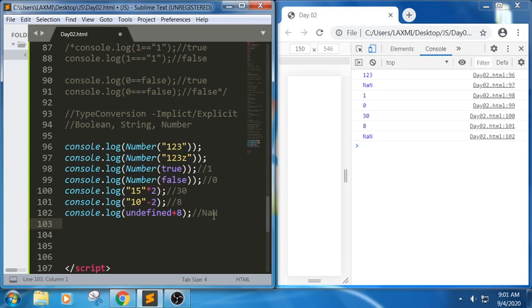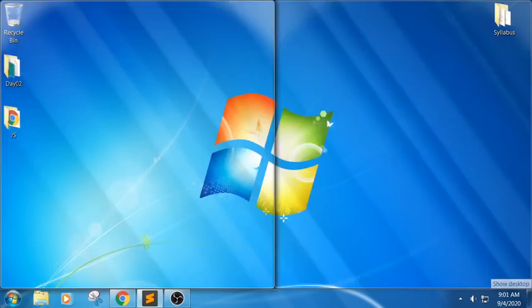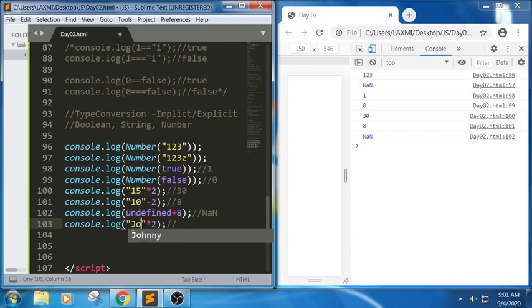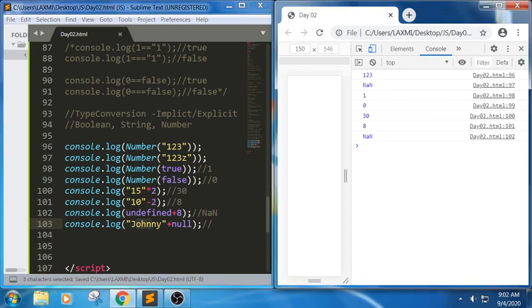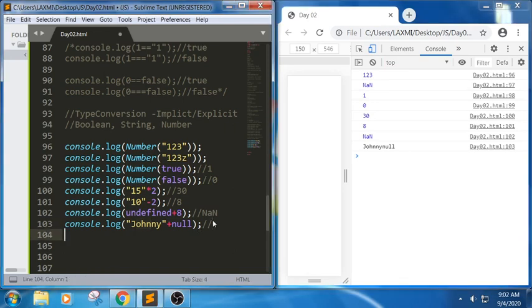For example, I am trying to write Johnny here, and plus null. This is a string and this is a null value, which doesn't have anything, but it is trying to perform addition.